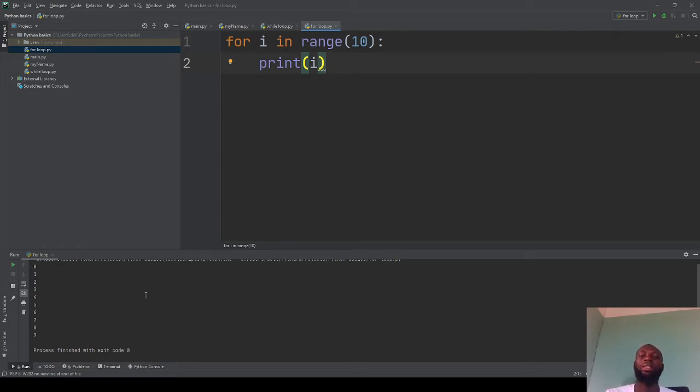So for loop can actually be applied to lists and some other things. So let's show ourselves an example of a for loop statement applied on a list. So let's say we have this. Let's say we have friends is equals to a list of names. So let's say